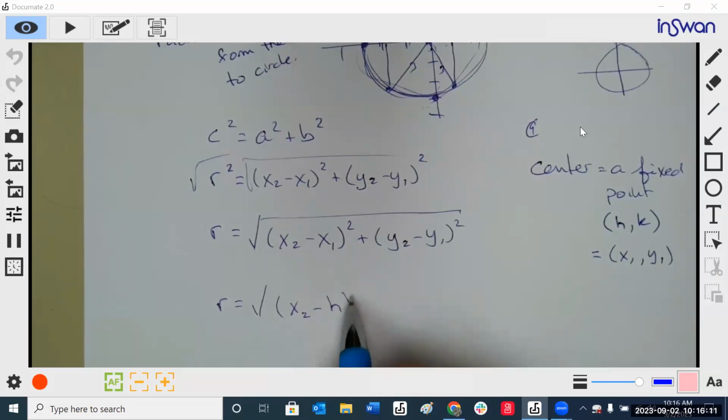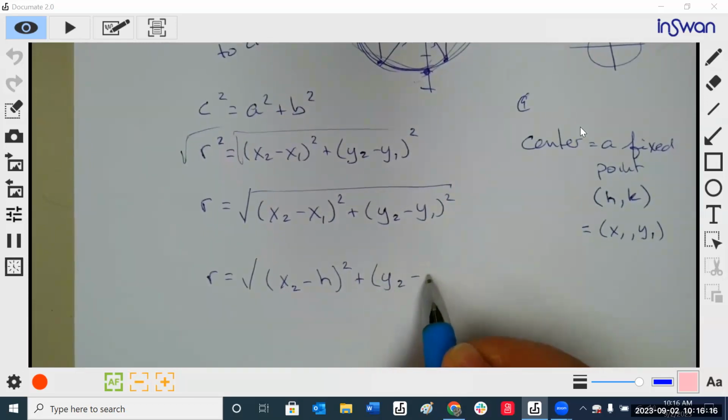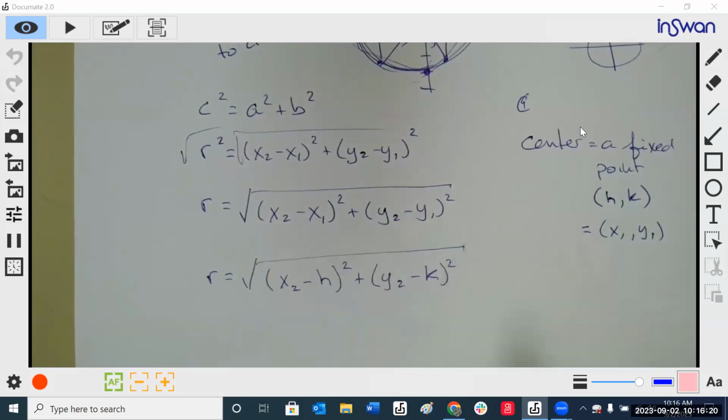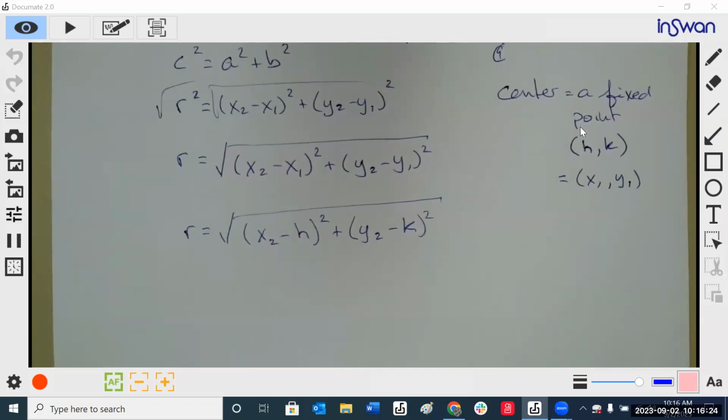So x2 minus h, y2 minus k, square root of all that. Everybody follow me so far? Now, instead of x2, those are all the other x's and y's on our graph. So the radius,